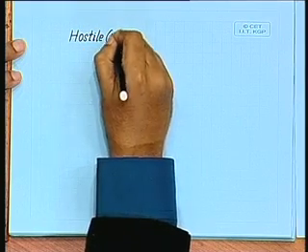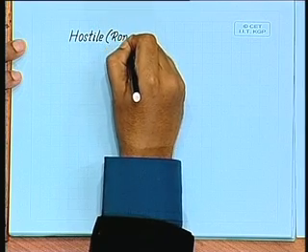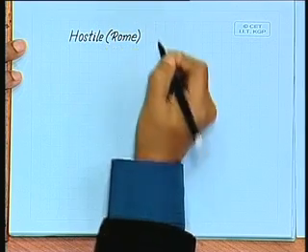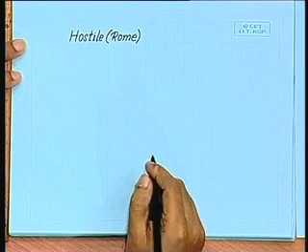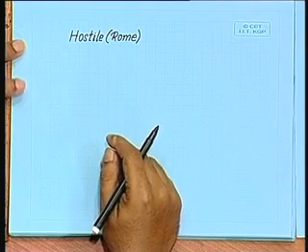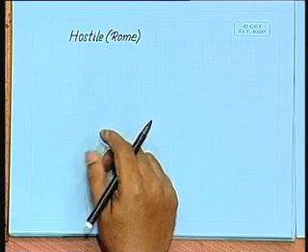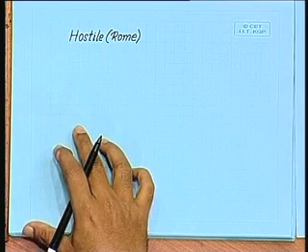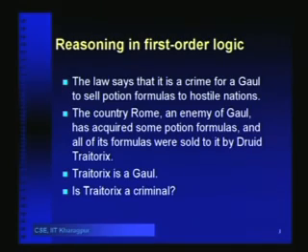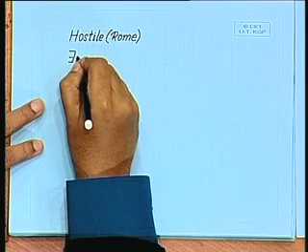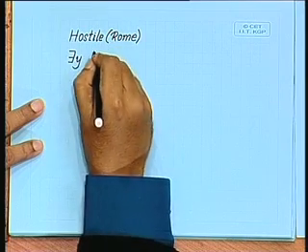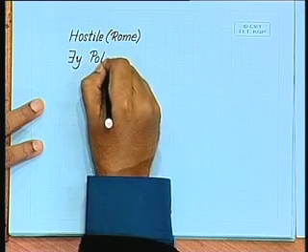Hostile Rome. So, this is our second sentence, that Rome is hostile for Gauls, of course. And then we have that Rome has acquired some Poisson formulas, right. Rome has acquired some Poisson formulas. So, there exists a y such that Poisson y